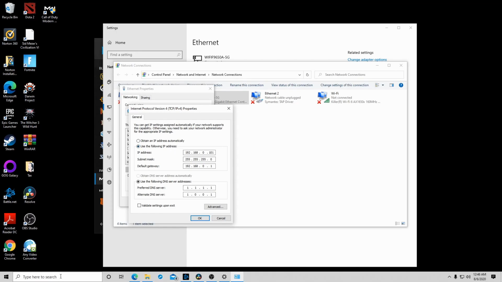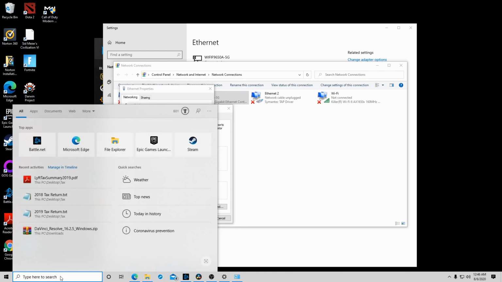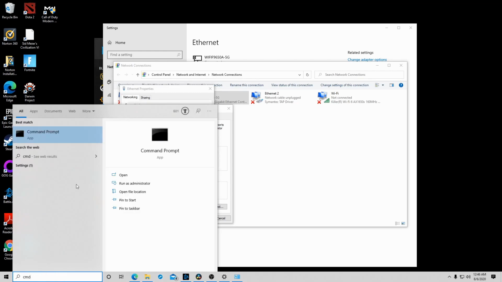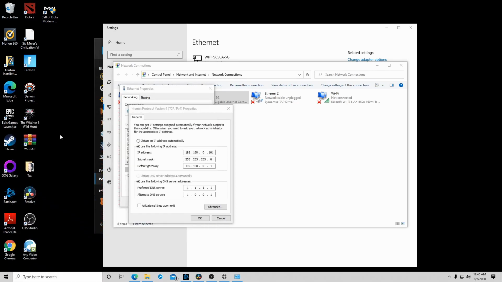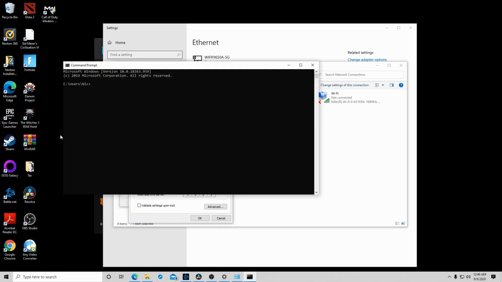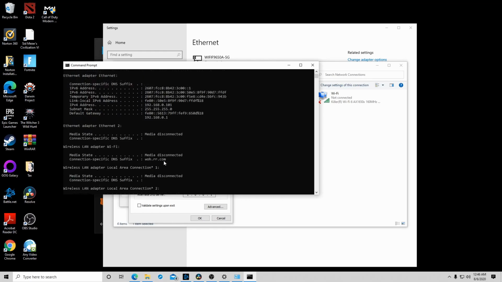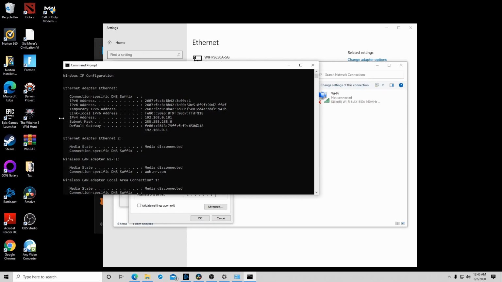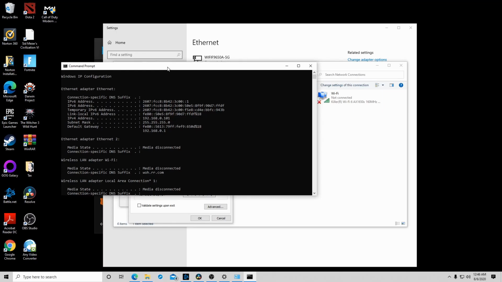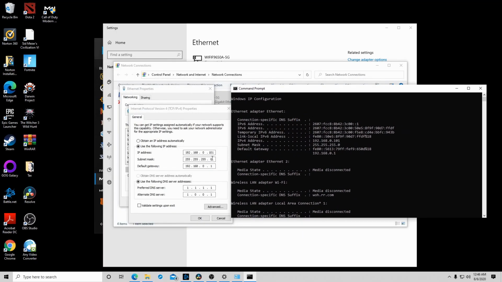So I'm going to show you how to do that, and if after this it still doesn't work for you, you can go search for some other videos on the internet as well to try to get a better understanding if I don't do a good enough job explaining it here. So we're first going to go on to our internet access, just like the last steps. Left click, go into our change adapter options yet again. We're going to right click our Ethernet properties, and we are going to scroll now down to IPv4,